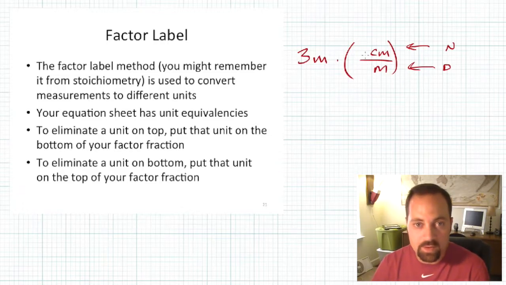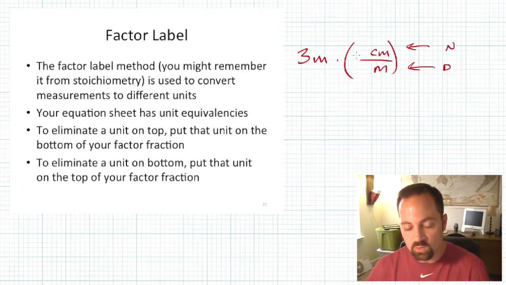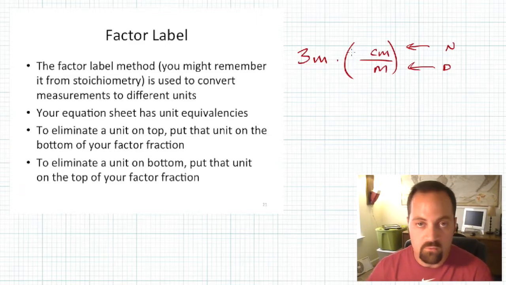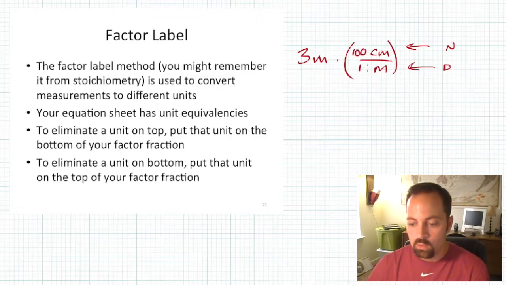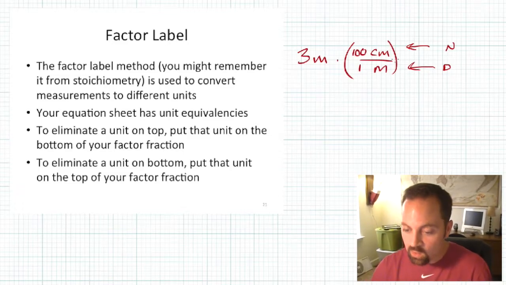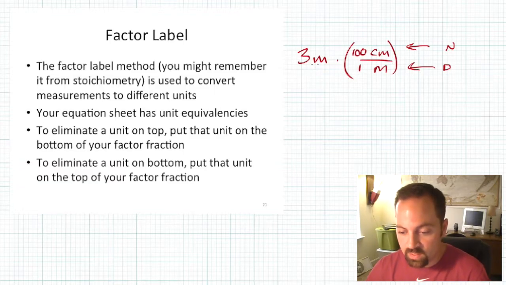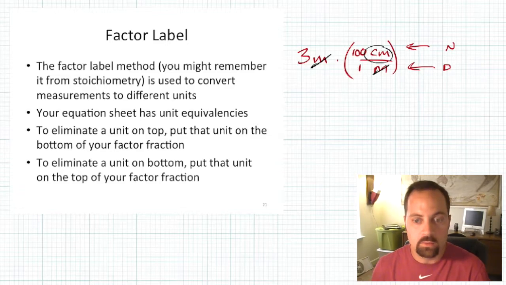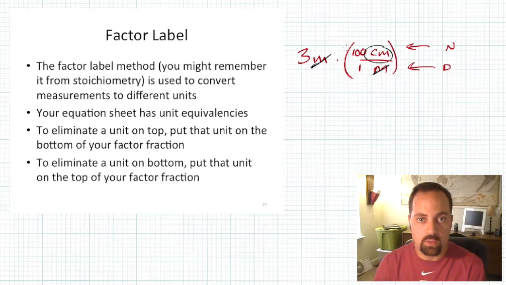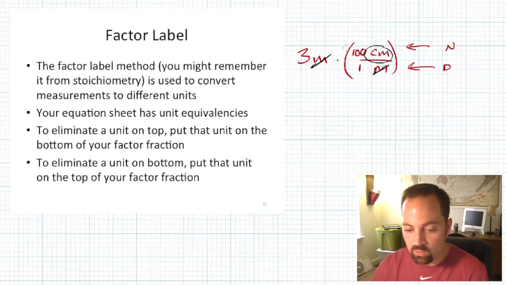How many meters to how many centimeters? Well, centi means 1/100th of something, so there are 100 of them in 1 meter. Now I've made a fraction that is actually equal to 1, and I've enabled myself to cancel out this meters, and I've got a new unit now in the numerator. All that's left to do is punch these numbers into my calculator and multiply across, and now I've got my conversion. So 3 meters times 100 equals 300